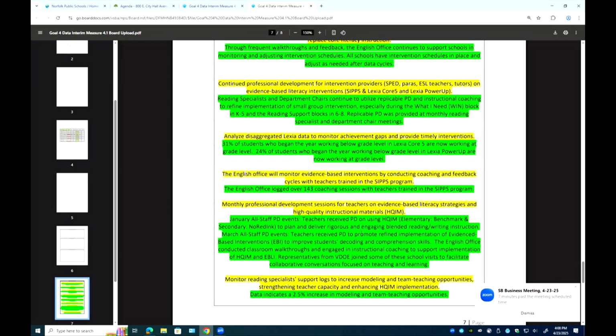On the evidence-based interventions, the English office logged over 143 coaching sessions with teachers trained on the SIPS program. For the monthly PD, in January, all-staff PD events provided teachers with PD on the HQIM to plan and deliver rigorous and engaging blended reading and writing instruction. And in March, for the all-staff PD, teachers received PD to promote refined implementation of evidence-based interventions and to improve students' decoding and comprehension skills,